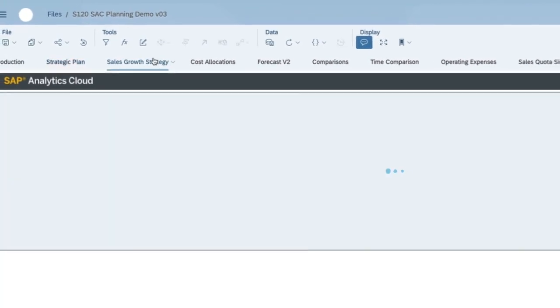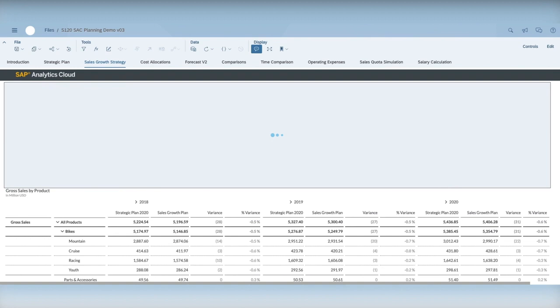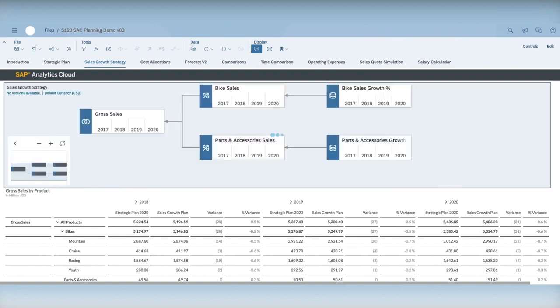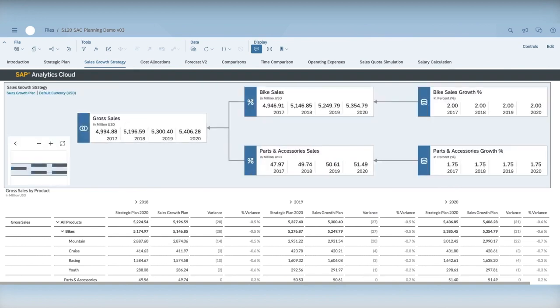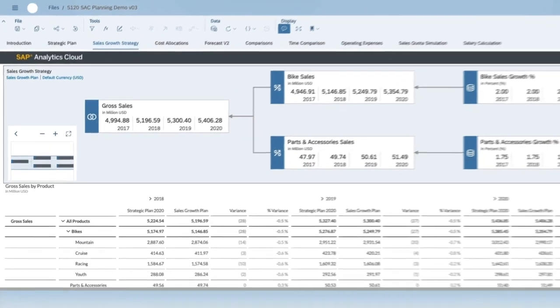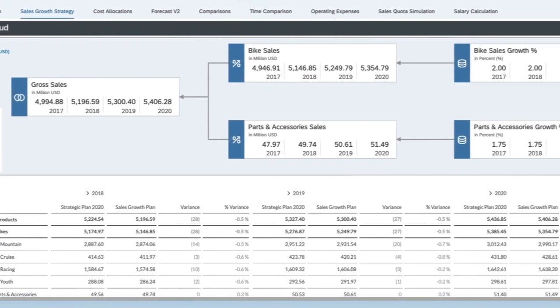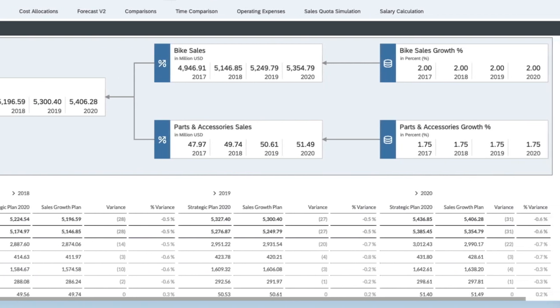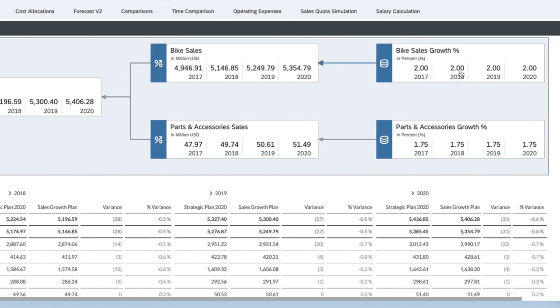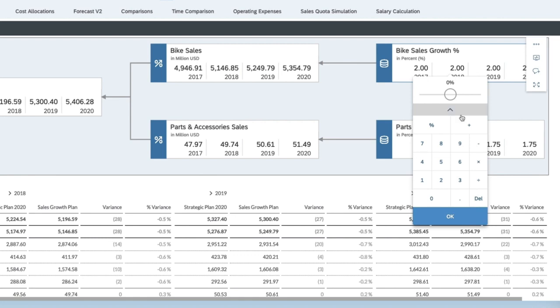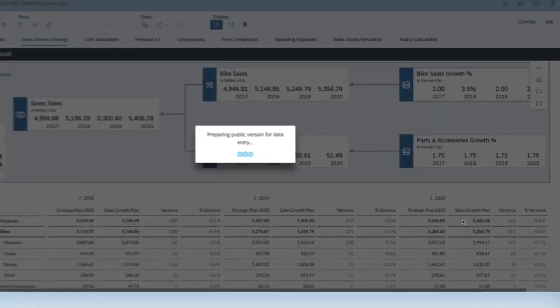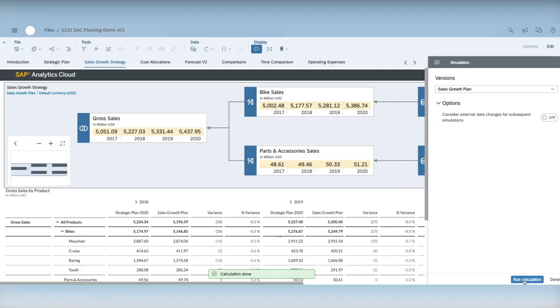Next, he adjusts his sales growth plan to align with the strategic plan by increasing the projected outcome of increased gross sales. He does this with a smart feature called the Value Driver Tree. This gives John another way to graphically connect the different areas of the business and show the full financial picture in one place. He creates a what-if scenario to simulate change in his sales growth strategy with the click of